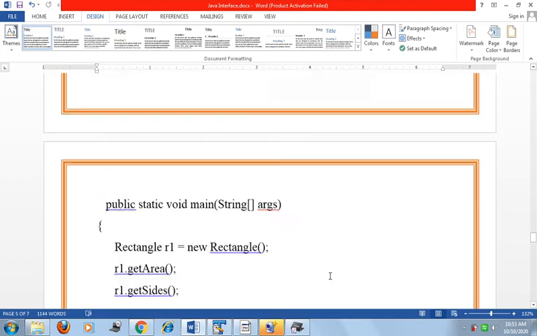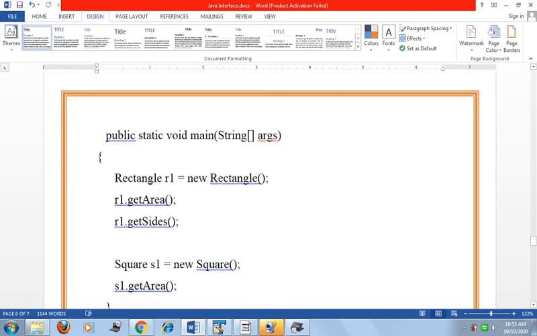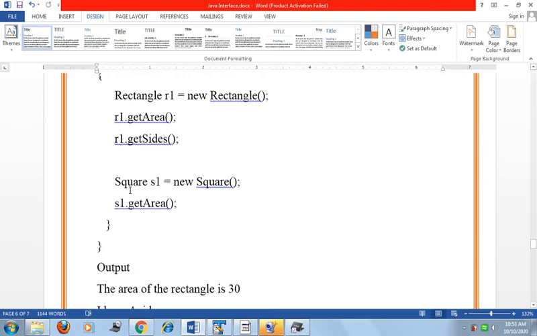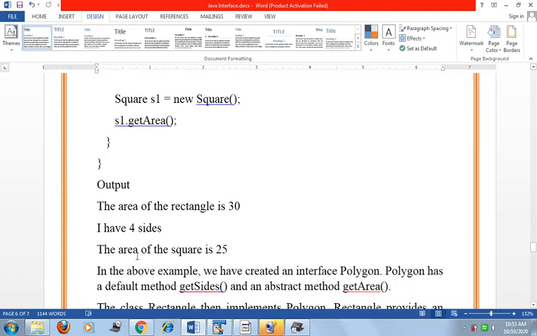Now in the main method, we create a Rectangle object r1, and call r1.getArea and r1.getSide. Now we create another class object, Square s1, and we call s1.getArea. When we compile and run this program, the area of the rectangle is 30, and I have 4 sides, and the area of the square is 25.